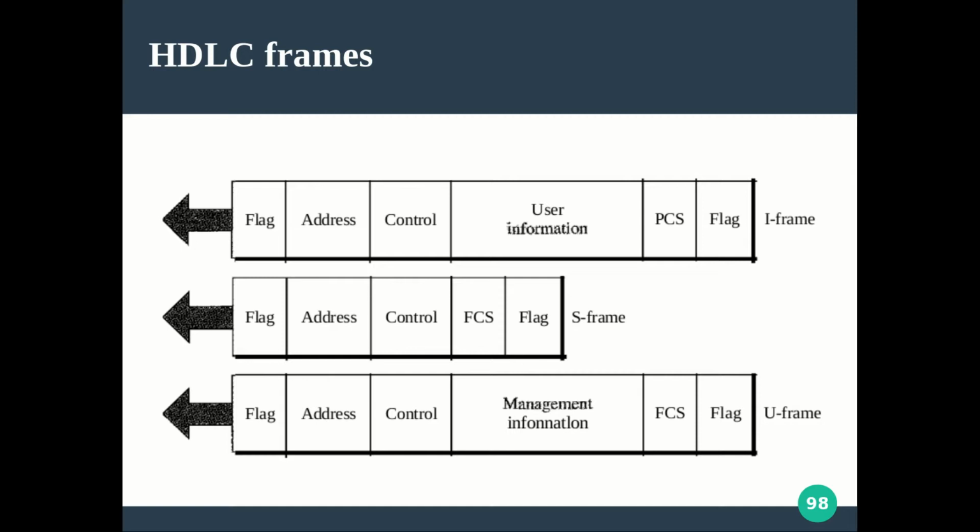So I just thought of giving you a picturization. It is simply the same concept: the start delimiter and end delimiter flag, then address information. As it is a point-to-point communication, typically it will be some 8 bits or something like that. Then the control information, and the copy I have is actually erroneous. This is the FCS, the frame check sequence. The information frame conveys the user information, so data will be coming, but the S frame is a kind of control frame only, with control information and no actual data, and for managerial purposes we use the unnumbered frames, that is, for management information communication.